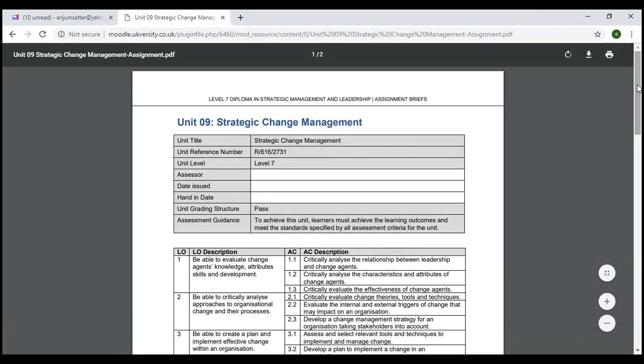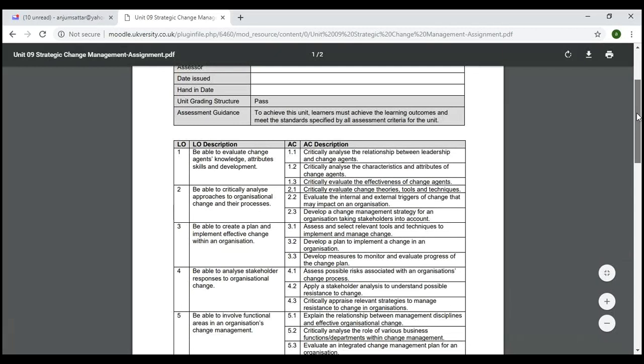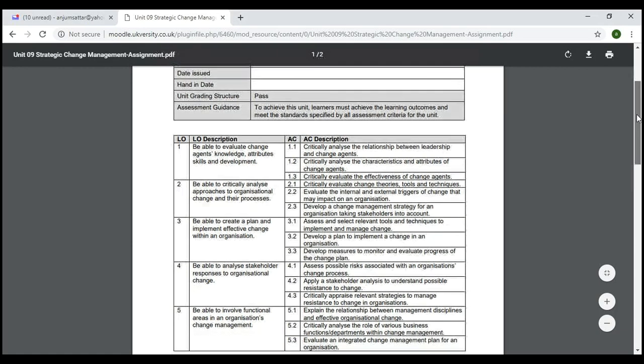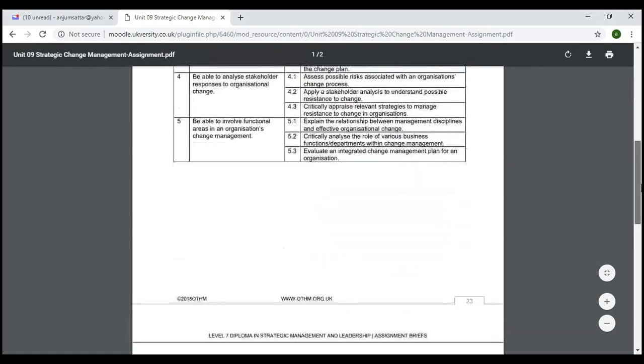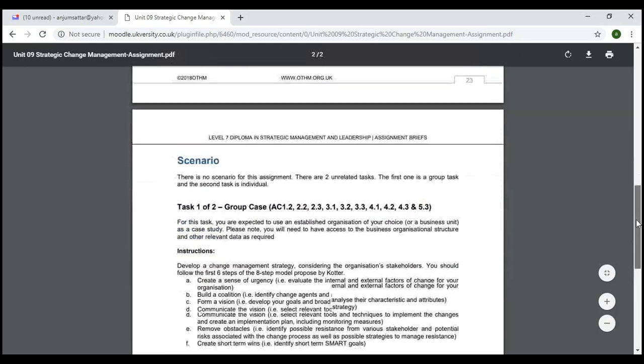In our assignment brief, learning outcome 1 is to be able to evaluate the change agents and critically analyze the relationship. So if we look at the task,